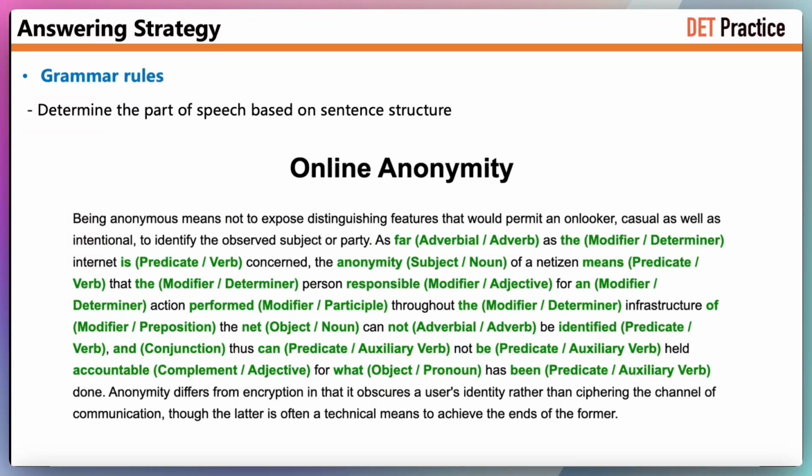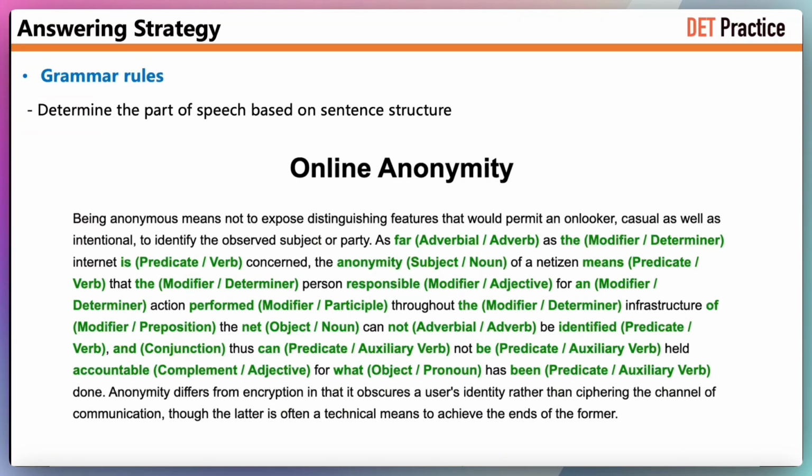Continuing, we have an object, which is a noun related to networks, so we fill in "net." The next blank needs a predicate verb, so we use "identified," followed by "can" and "be." After that, we need an object complement, which is the adjective "accountable." Finally, we have the relative pronoun "what" and the auxiliary verb "been." That completes this question. If you think analyzing sentence components might be too time-consuming during an exam, we can also